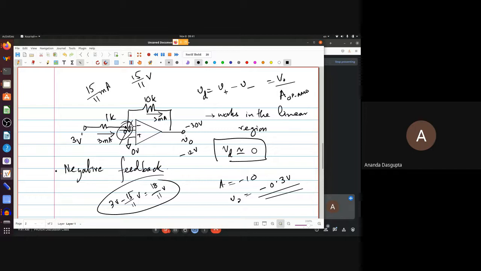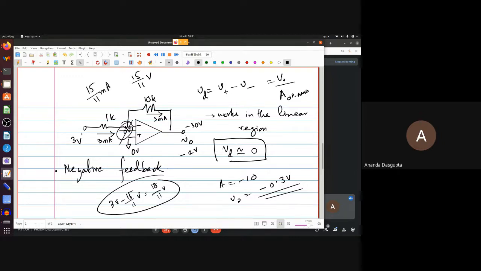But the easiest way to check whether you are going to have virtual ground or not is simply to assume you have virtual ground, do the calculation with that, because that's pretty straightforward, and get the output voltage. If the output voltage predicted is within plus minus Vsat, then your virtual ground assumption is okay. If it's outside the plus minus Vsat range, then your virtual ground assumption must have been wrong. Of course, then if you wanted to find out the actual currents in the circuit, you would have to redo the calculation all over again,